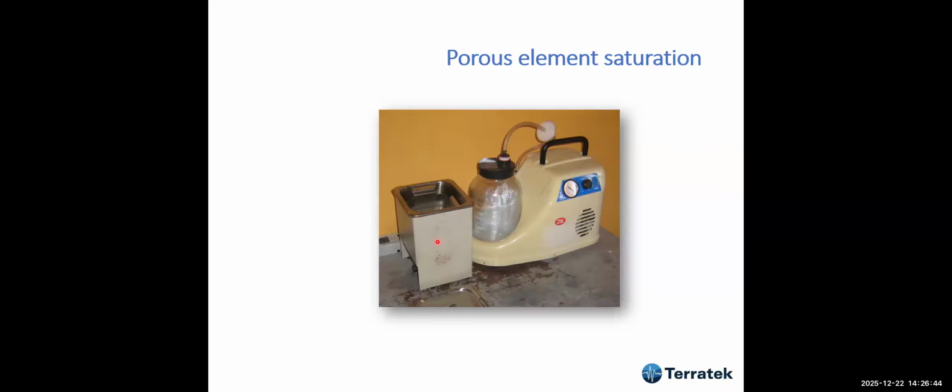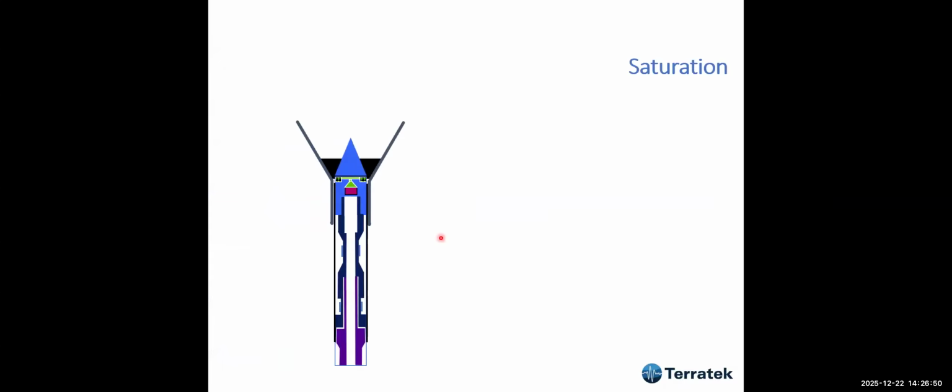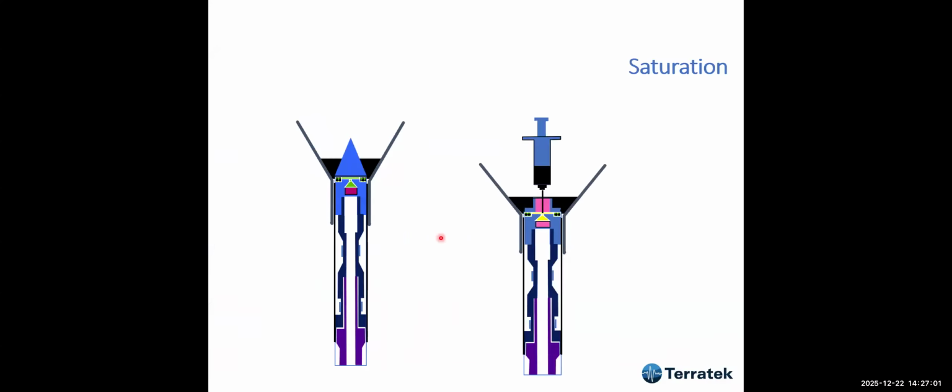a sonic bath. The sonic bath is used to clean the porous elements. So we used this a lot. And saturation was a big problem. It still is. If you don't know how to do that properly, you get very poor results. That's why I'm going to talk a little bit about that. And what you have to do is you put a cone like that. And I learned this with Professor Campanella, the late Professor Campanella.